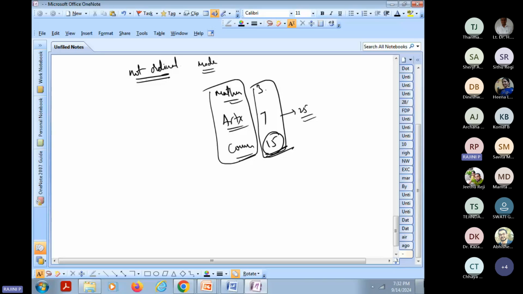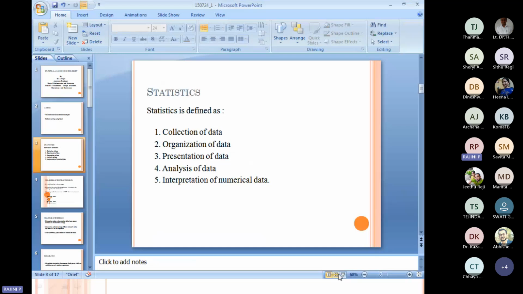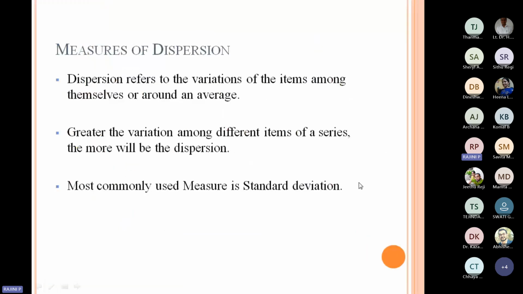And next, this is done. Measures of central tendency is done. Then go for the next one, measures of dispersion. What is the meaning of measures of dispersion? I told you the average sales of my company is 14 lakhs. Is it the same in all 5 years from day one till date? No, it is varying. In the first year it is 10 lakhs, in the next year 4 lakhs, then 15 lakhs, then 18 lakhs, like that.